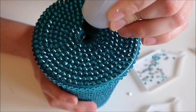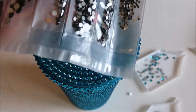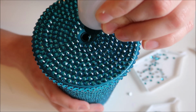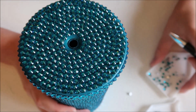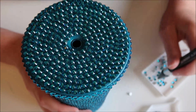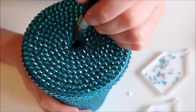They do have multi-packs that look like this, which I told you guys about. You could get that if you want to. Those are just a little bit cheaper. And then if you have other projects that you want to use them for, go for it. But you only need a little pack of the SS16s. But I recommend a big 2 packs of the